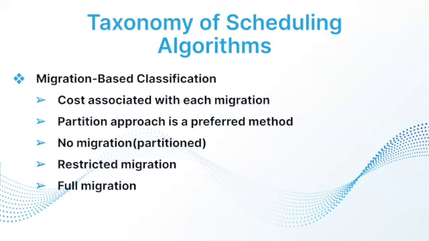There are two reasons behind inter-processor migration being forbidden in real-time systems. One of them is that in many systems, the cost associated with each migration can be prohibitive, and the second one is that traditional real-time scheduling theory lacks the techniques, tools, and results to permit detailed analysis of systems that allow migrations. Therefore, partitioning has been the preferred approach in scheduling algorithms.